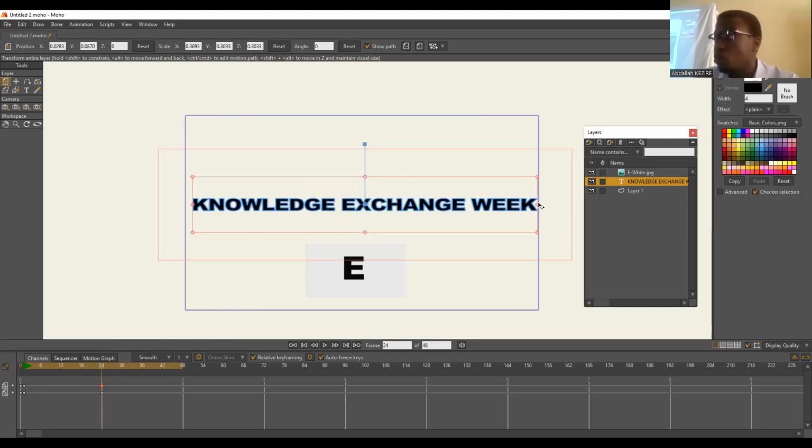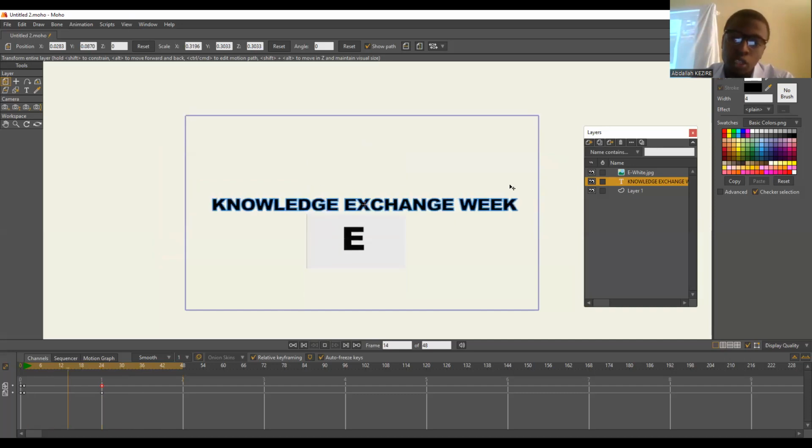I'm just doing random things. I don't have any specific objectives. So now, as the image of that E is going down, the text will be taking more and more space, and you have your end result like something like this. I've used the drag tool and I've used the scale tool, and I'm already achieving something like this. You see, with just those three tools, you can do pretty nice designs. Okay, we have used the